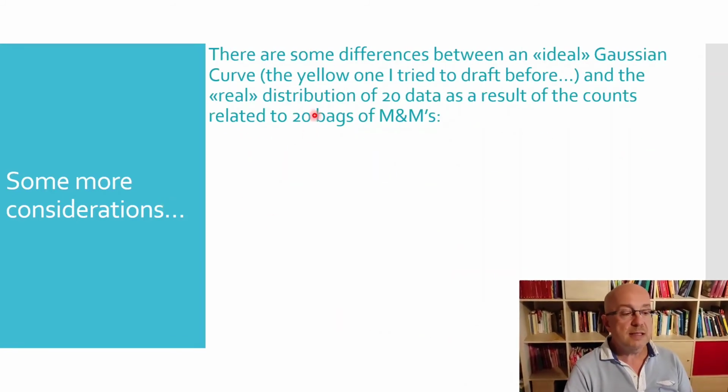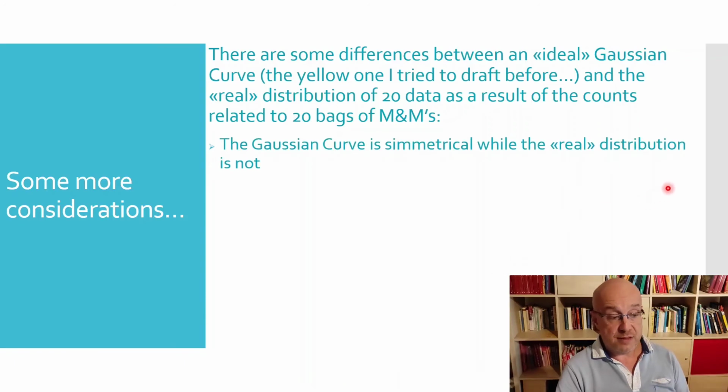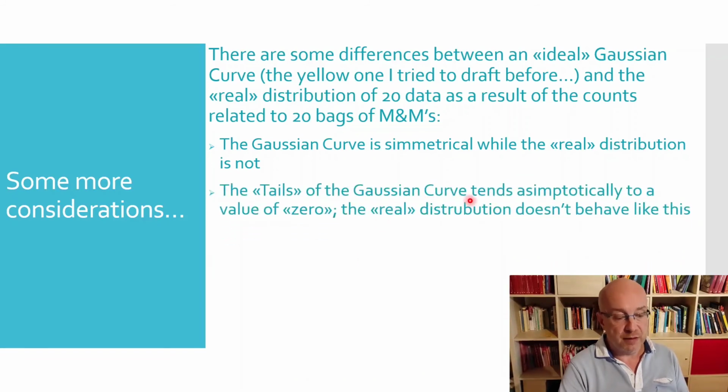Some more considerations on the Gaussian curve. There are some differences between an ideal Gaussian curve, the yellow one that I tried to draft before, very roughly, and the real distribution of 20 data as a result of the counts related to 20 bags of M&Ms. The first difference is that the Gaussian curve is symmetrical, completely symmetrical, because it's a mathematical output of a formula, while the real distribution is not. The tails of the Gaussian curve, since again it's the mathematical output of a formula, tend asymptotically to a value of 0, while the distribution doesn't